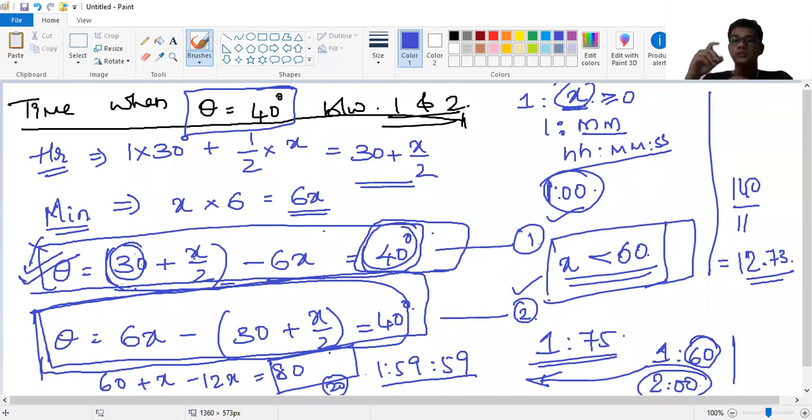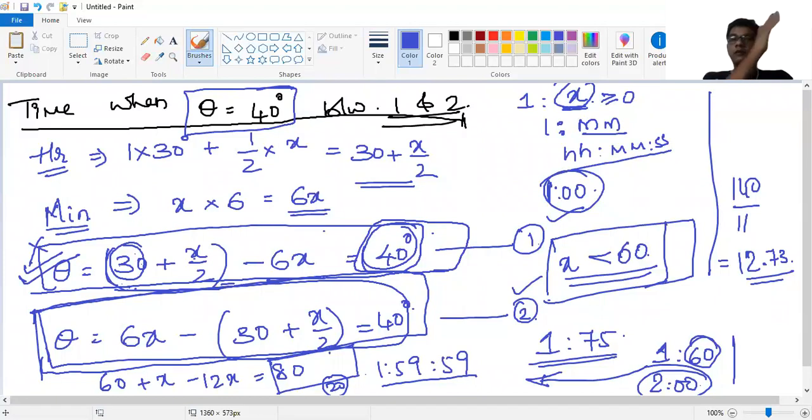Yeah, so which means if I have to have two angles, the minute hand has to have a mirror image, correct? But when the time is 1:12, the mirror image of 1:12 will be when the hour hand is in 12. The mirror image of 1:12, go back from it,